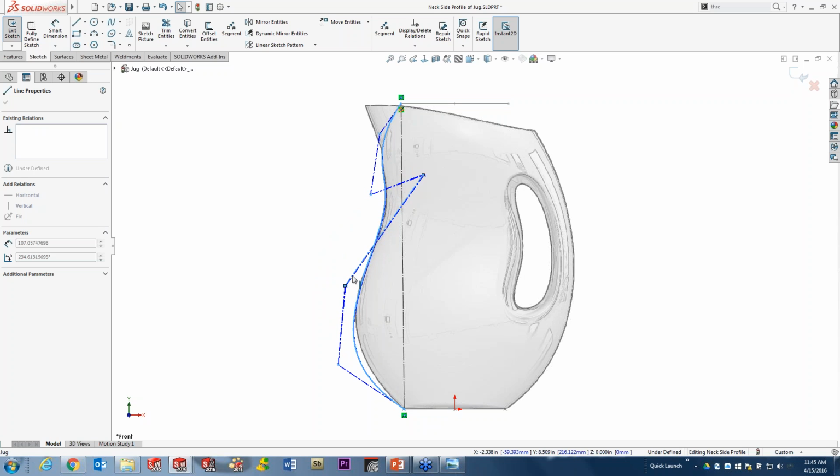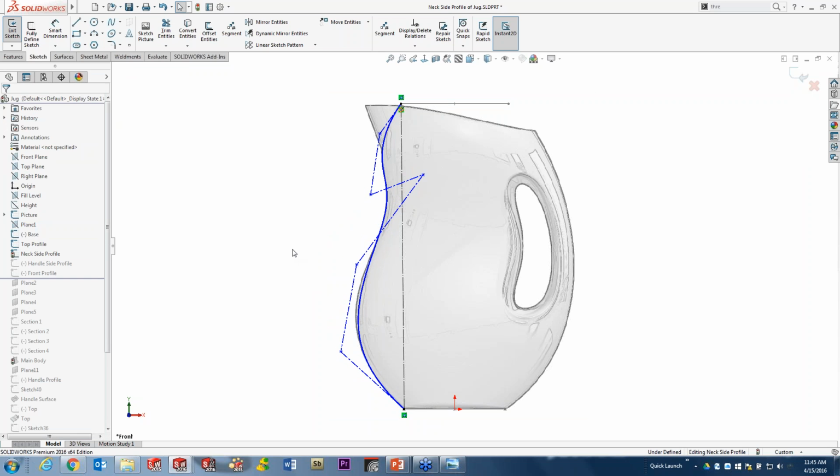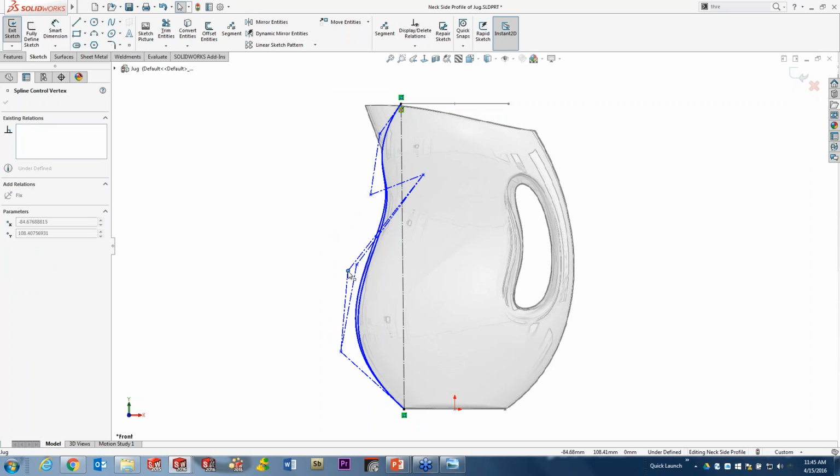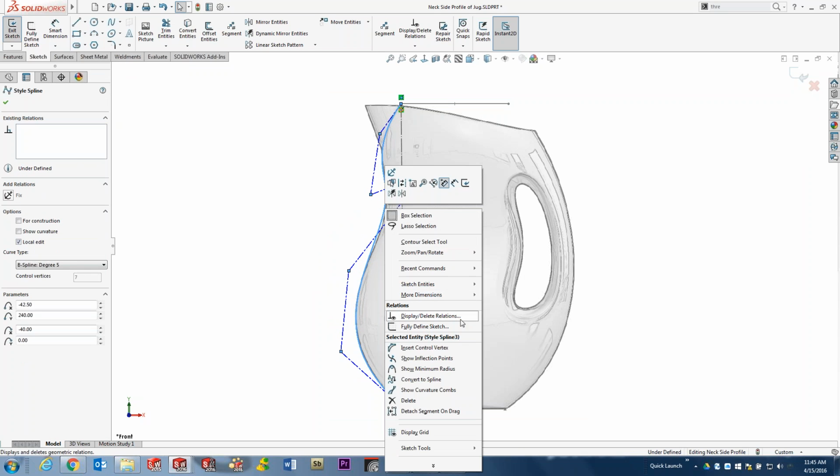I grab an entire line as I've done here, or whether I grab an endpoint that then is just going to modify that control point. But it allows me to do a great deal of manual control and manipulation to follow that curvature exactly as needed. Now as a validation tool here, if you right-click on any spline, you can go down to